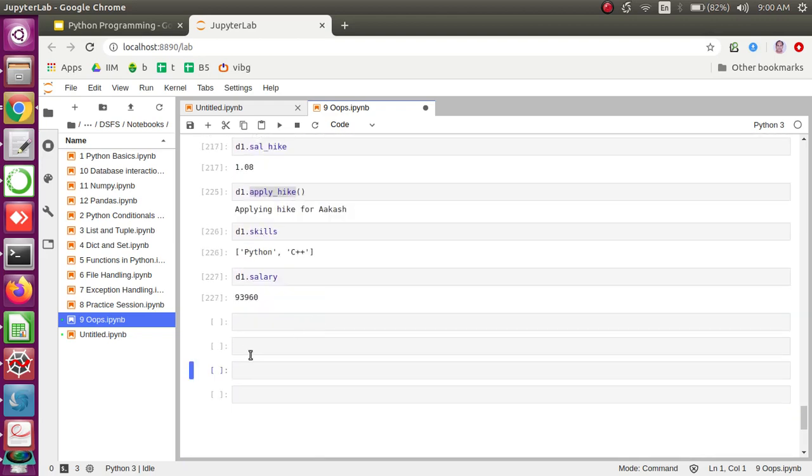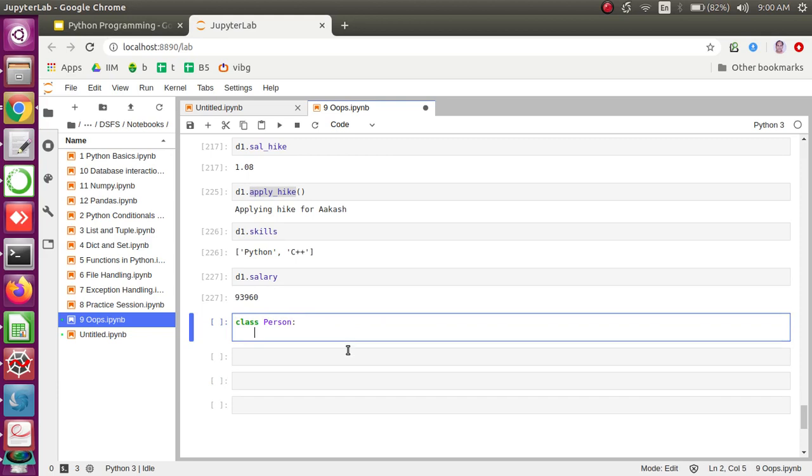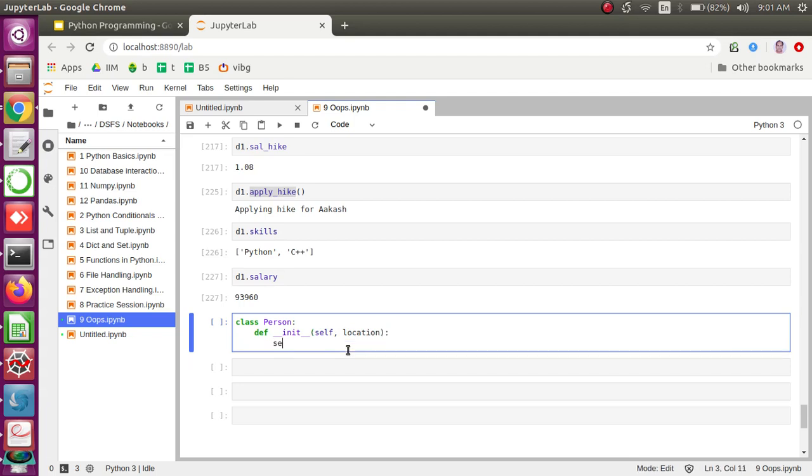Okay, let's take one more example for inheritance. I will write a class, let's say Person. It's an independent class, and Person also has some attributes. Let's say __init__(self), and maybe I just use a location for now. So self.location = location, that's okay, and then